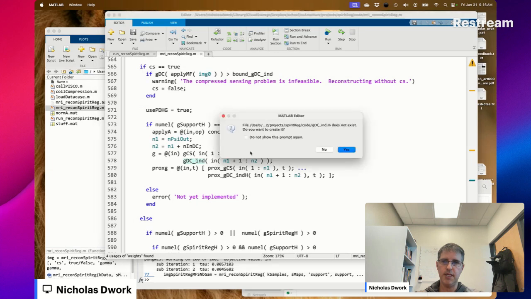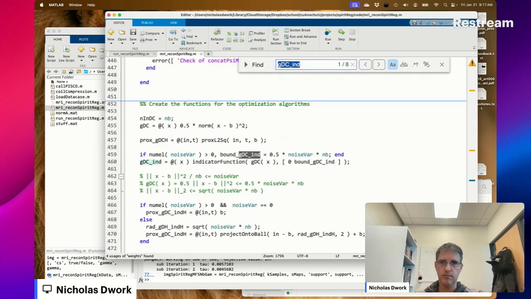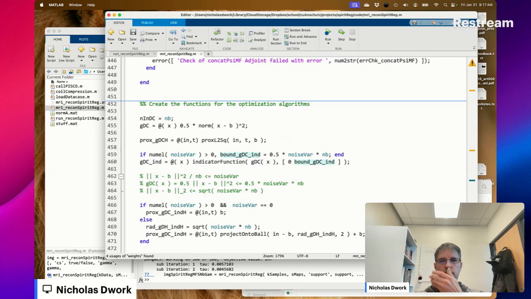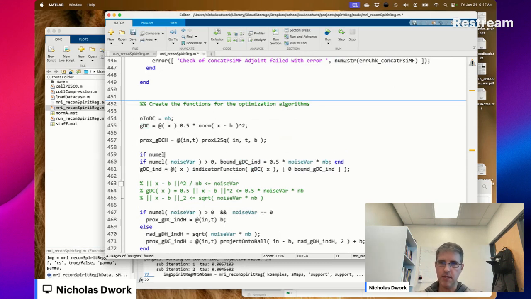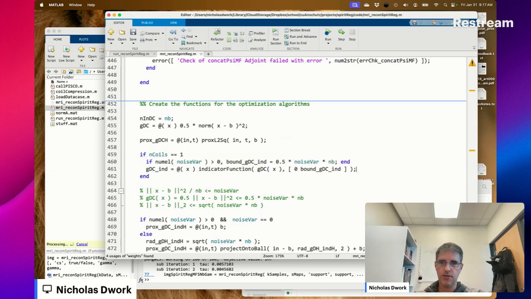It's the GDC indicator that's the issue. If numL n coils is equal to 1, then that's right.